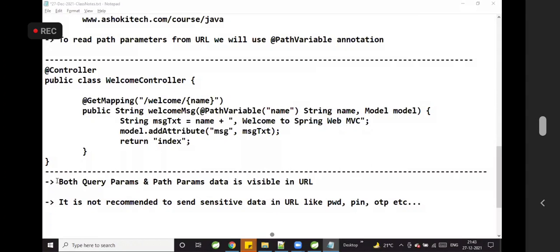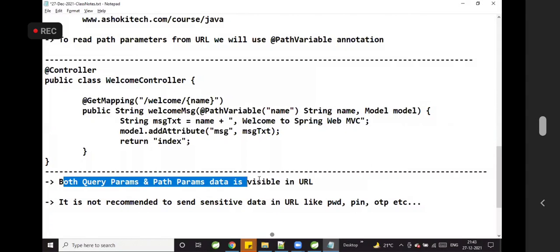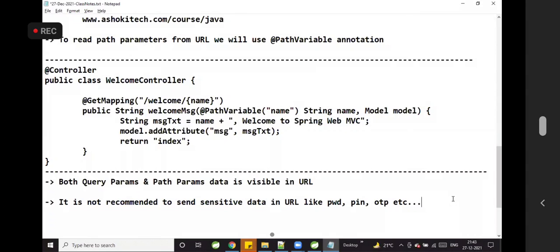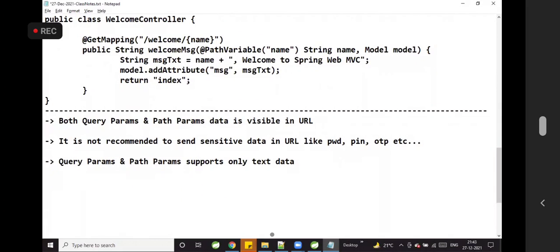But what is the problem? Both the query params and path params data is visible in the URL. Also, query parameters and path parameters support only text data. Can I send one image as a query parameter?